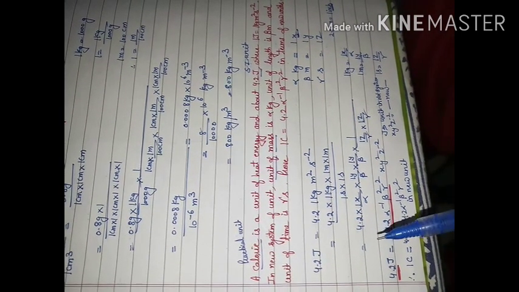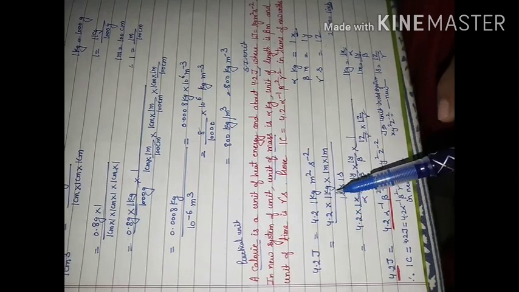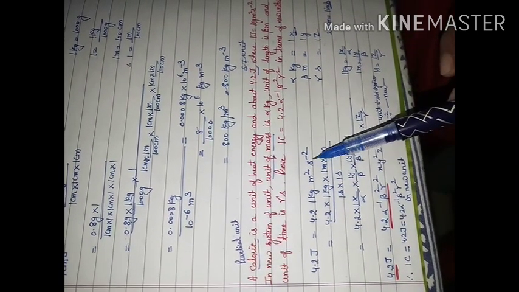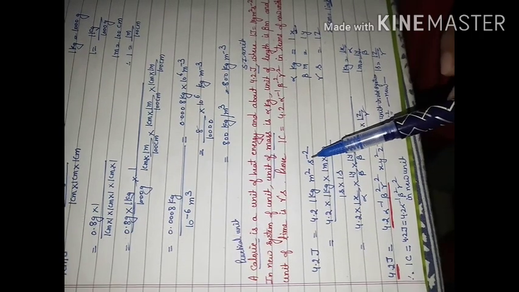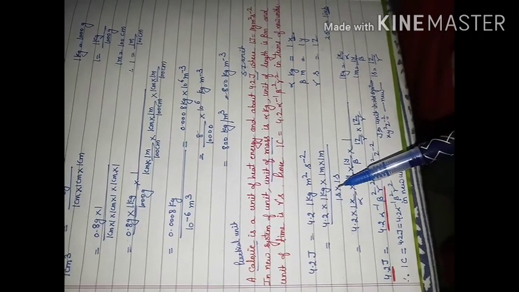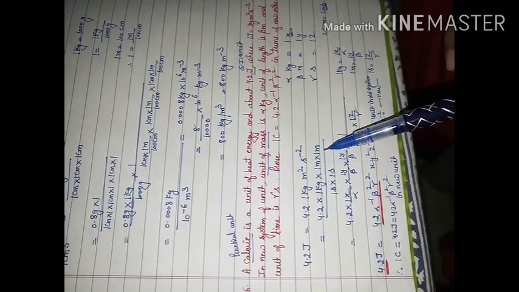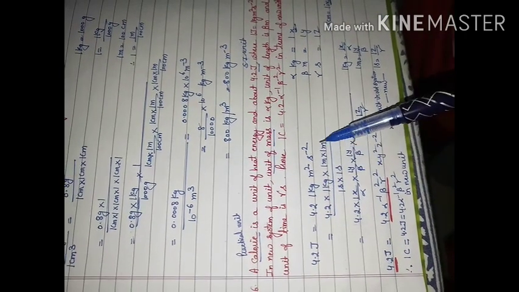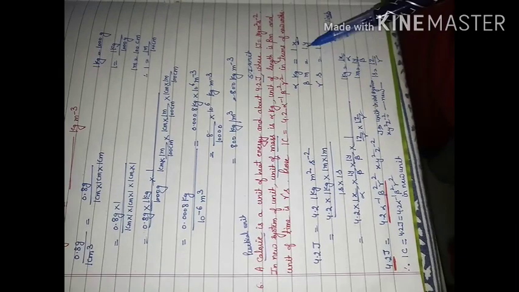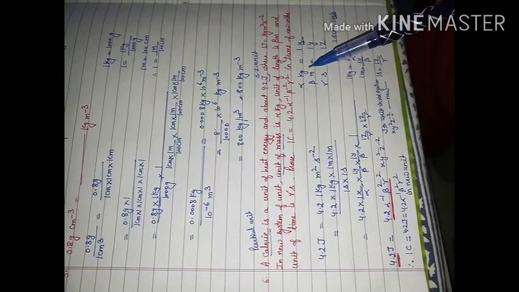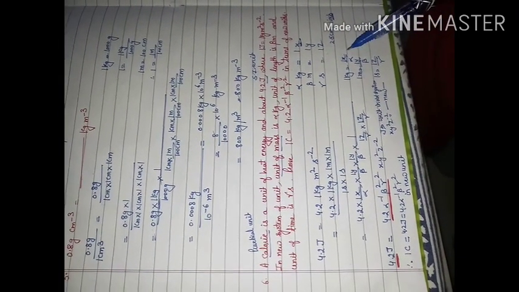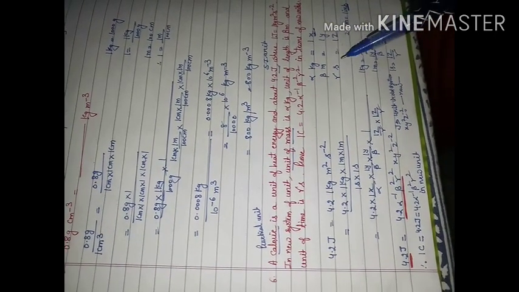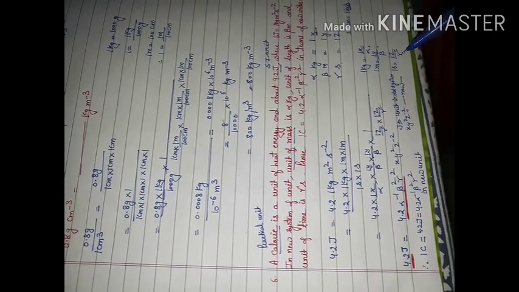So the question was 4.2 joule, which can be written as 4.2 times 1 kilogram meter square per second square. If I bring it down in the denominator, this can be written like this. Now whatever you want to change, 1 kilogram, 1 meter, 1 second, you can make use of these relations. From this relation, 1 kg will be equal to x upon alpha, 1 meter will be equal to y upon beta, 1 second will be equal to z upon gamma.